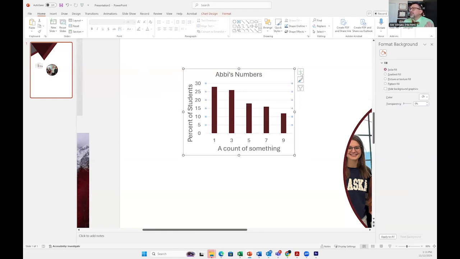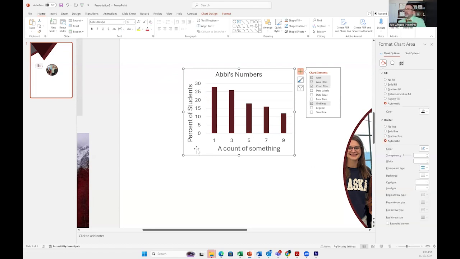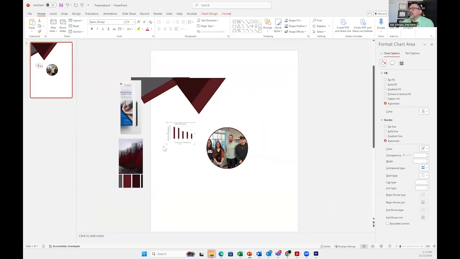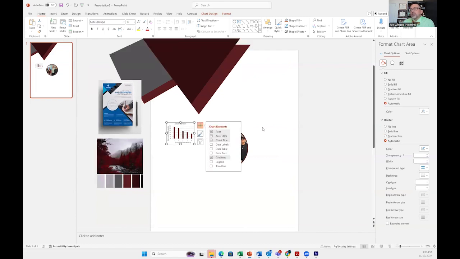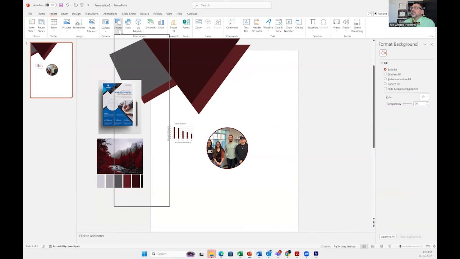But what's nice here is you can change all the elements just like you would in Excel. You don't have to go back and forth to the file. So you can make it look like it should for the poster that's here. You can keep all of the design elements in place. And again, if you want to make it white and put it on something dark, you can offset it however you want to do. Let's say you wanted to just put a little bit of